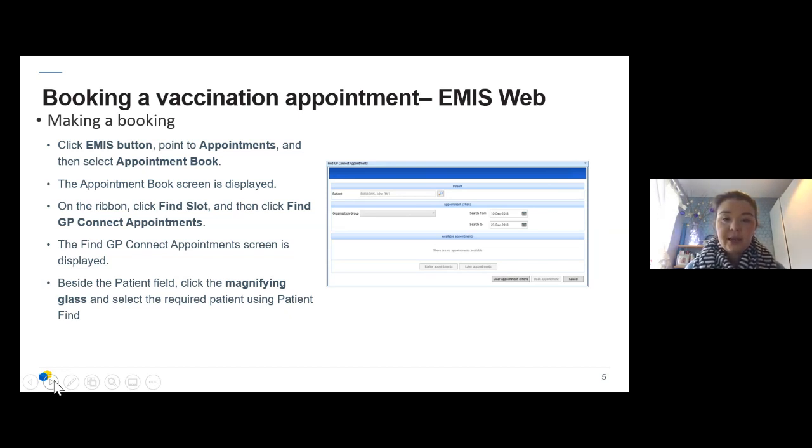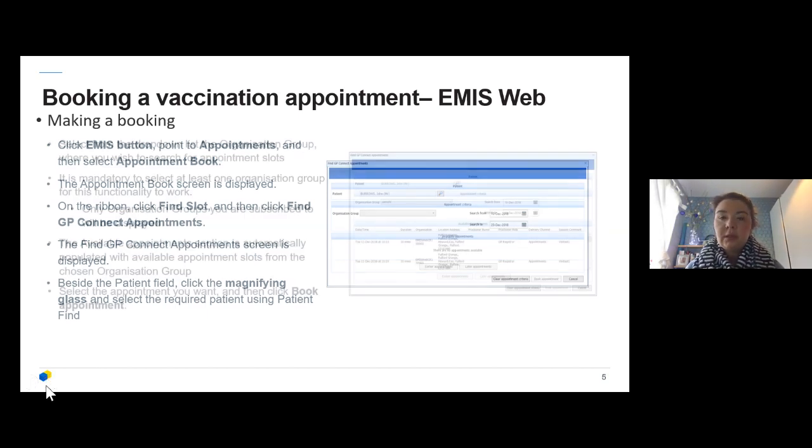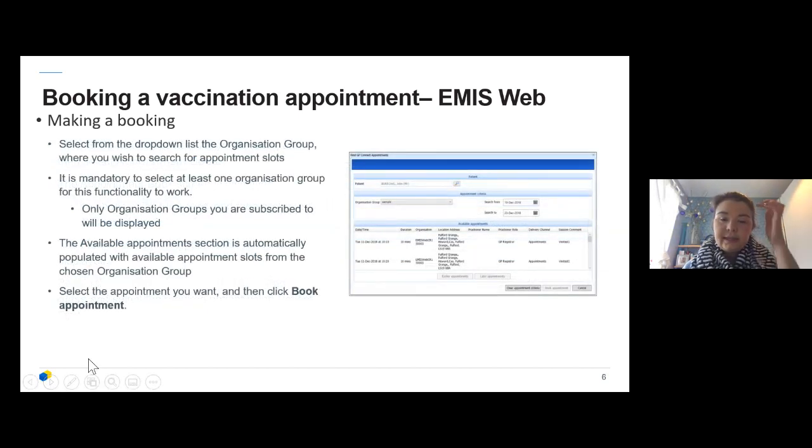On here, beside the patient field, click on the magnifying glass and find the patient that you want to book in for an appointment. And then you'll get the option to add an organisation group. So it's mandatory that you include at least one organisation group in this field. So this is either the one that the EMIS Web designated site has created, or the one that you've just